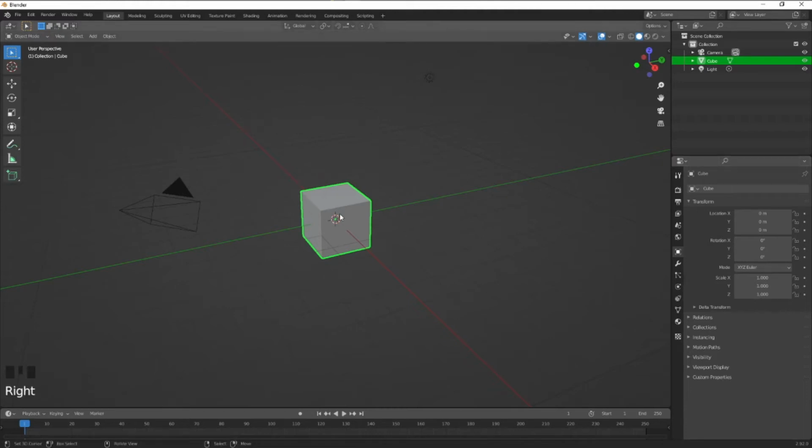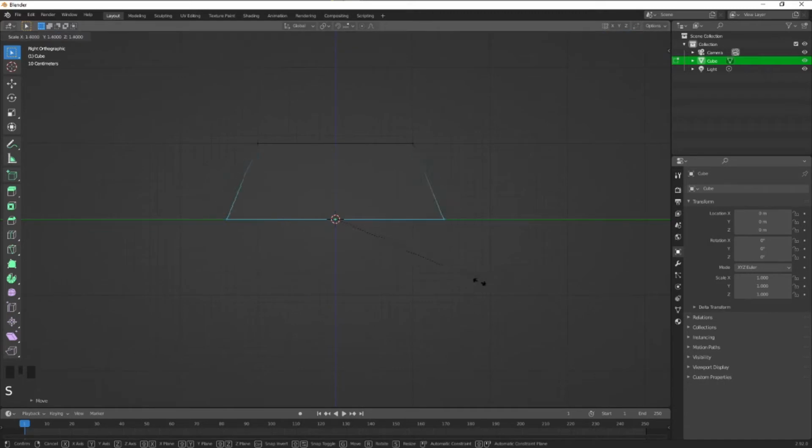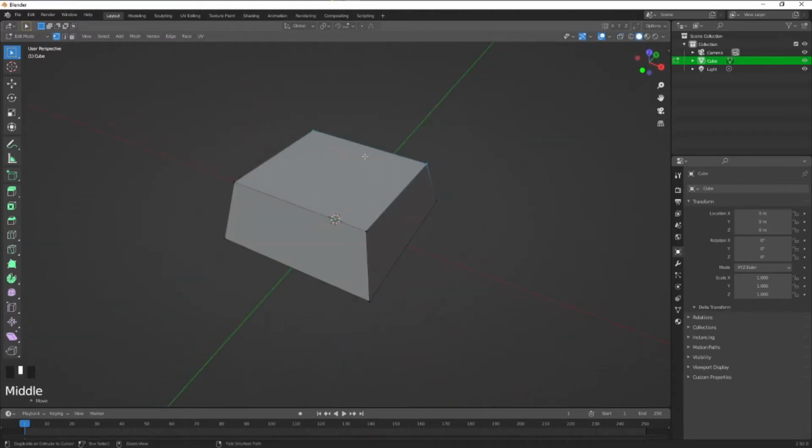Hey guys, today I want to show you how to make an F button in Blender. Now we have to select the button face, move it up for a bit, and then scale it. Then choose this edge, move it down, and it should be just fine.